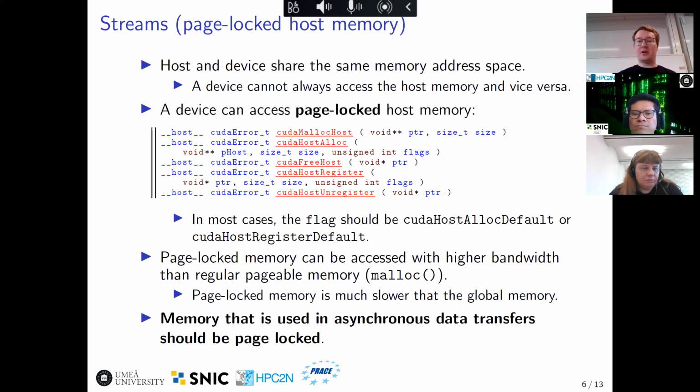There are two main variants for allocating it. The first one is called CUDA malloc host, and the second one is called CUDA host alloc. There was some historical reason why they had two of these. One of these was created first, and then they realized that sometimes you have to pass different kinds of flags to this call, and that's why they added CUDA host alloc. And if you allocate memory using either one of these functions, you must free the memory with CUDA free host. And if you have already allocated a buffer of memory using, let's say, malloc,